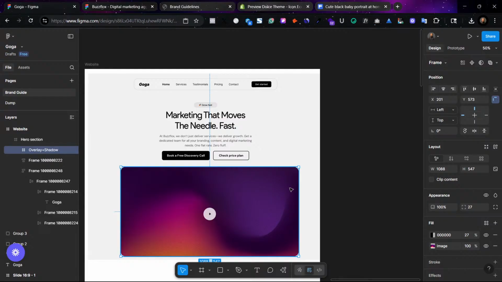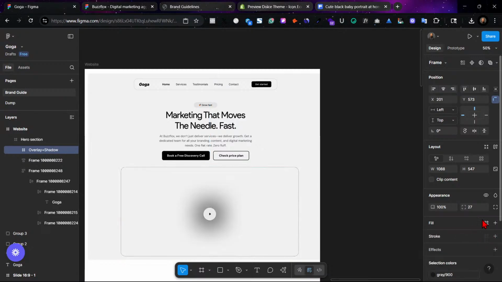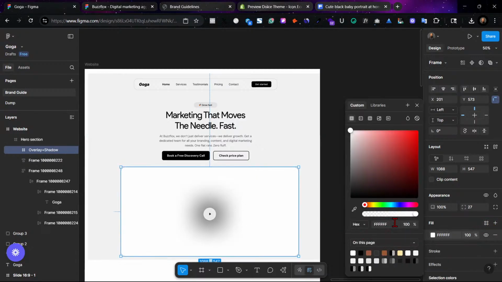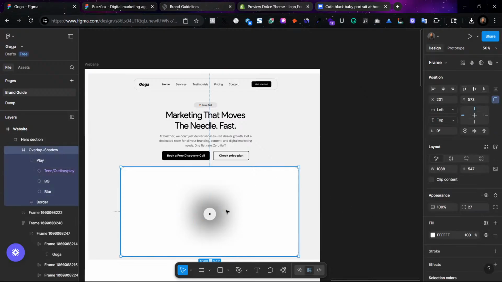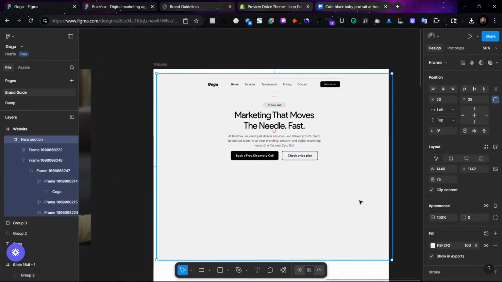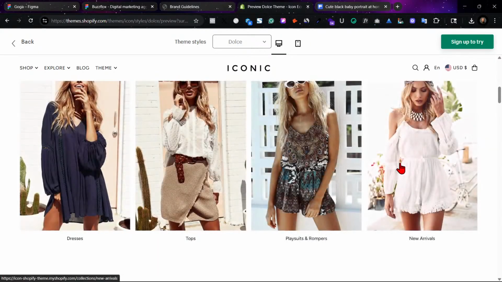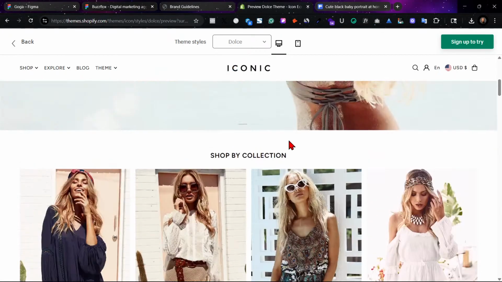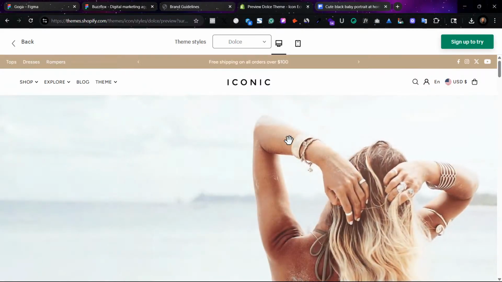So in as much trying to make sure I don't know what this is. Let me just remove it for now. If there's any need for us to have it, we would have it. So this is the site. Trying to see if we can use this as an inspiration for what we want to do. Right. So we would have